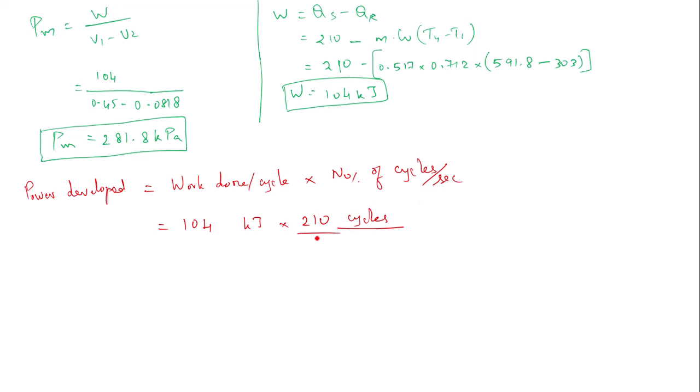So for converting that minute into seconds, we multiply the denominator by 60, so that the number of cycles has been converted into cycles per second. Okay, now the power developed P can be obtained by simplifying these relations. If we simplify further, we'll get the value to be 364 kilowatt. Okay,